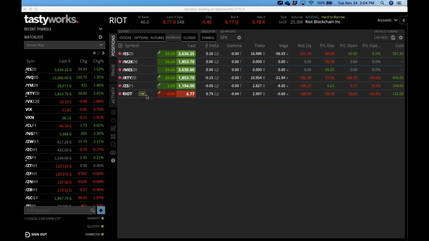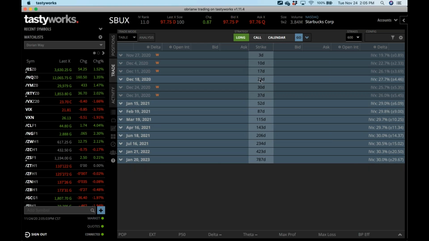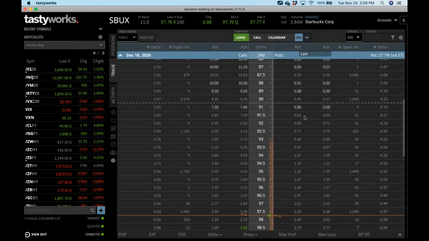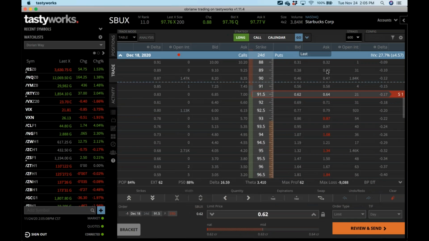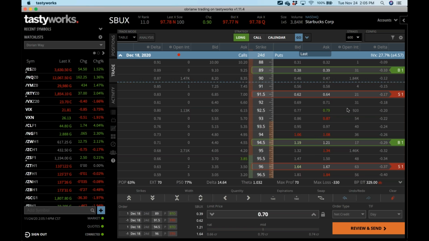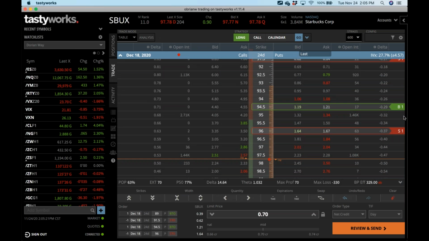So for example, if you had on something, let's say in Starbucks, and you had a position on that looked like this, and you wanted to adjust up here and make it look like this. Well, you can do this type of adjustment. You can do any type of adjustment for the most part on options on stock when you're using the TastyWorks